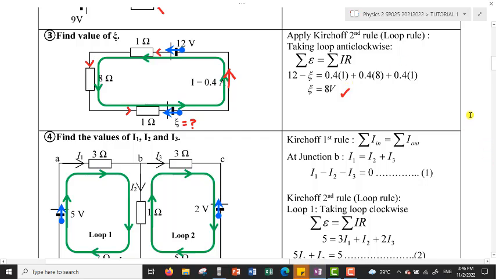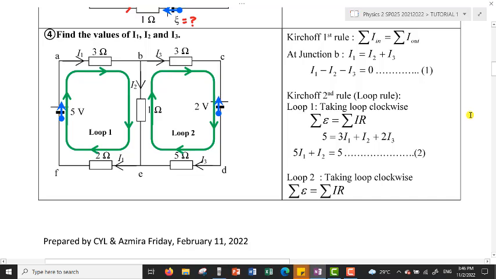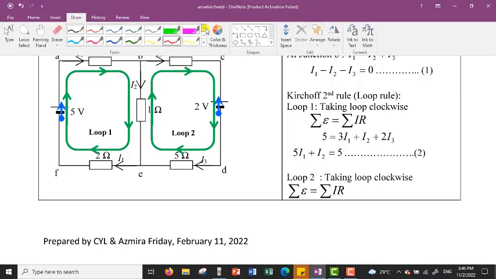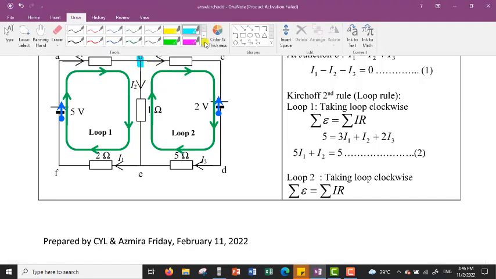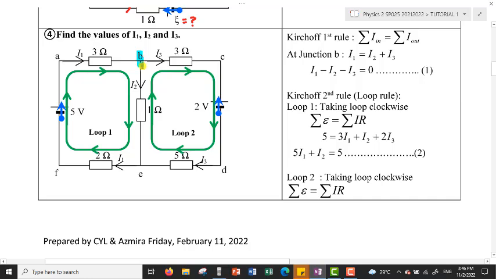Okay, now we proceed to another question, question 4, whereby we have two loops. We are given two circuit loops, and we want to find the values of current I1, I2, and I3. So class, if you refer to the circuit and consider this junction, for example junction B, you will find that basically we have three circuit paths. I repeat, basically we have three circuit paths for this question, whereby this is the first circuit path,